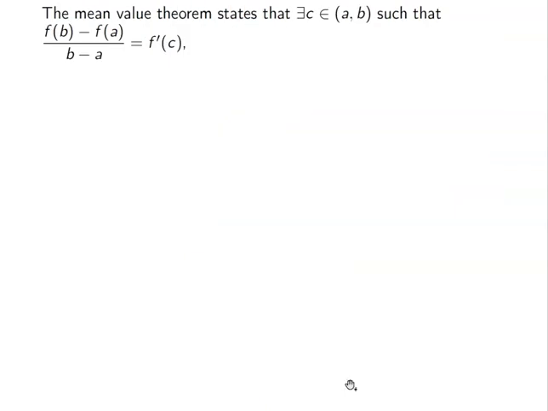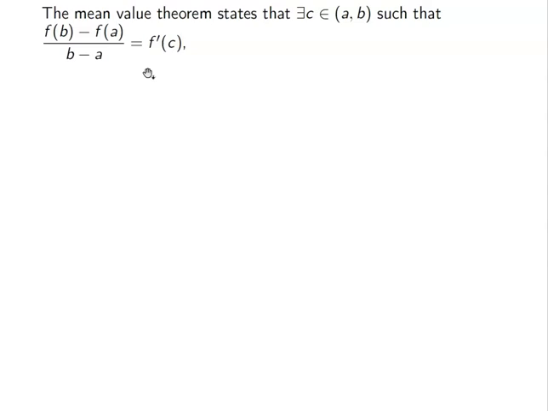Remember that the mean value theorem states that there exists some value c in the open interval from a to b such that the difference in values of my outputs over the difference in values of my inputs is equal to the derivative at that point, right? So if you go back to the earlier Calculus 1 stuff,